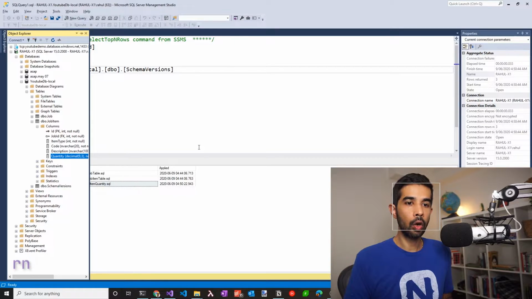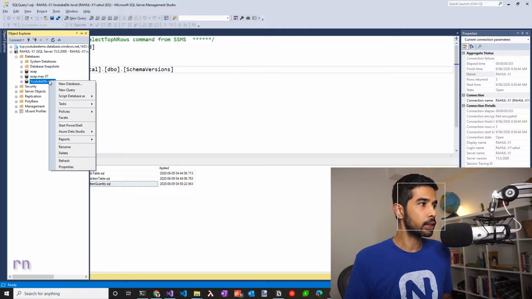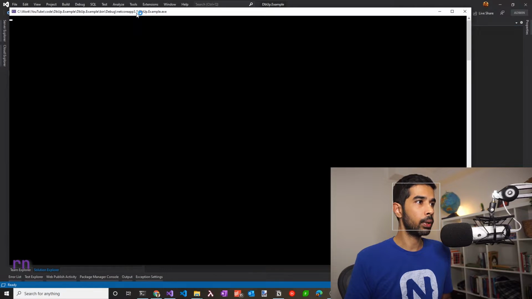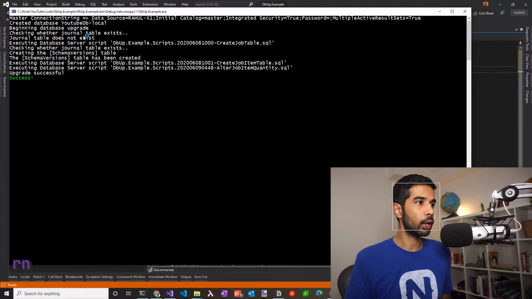You have full control of your database using the SQL scripts, and you just incrementally deploy them as required into your database. If I was to delete this database so that it doesn't exist, so let's say you have a new team member who has joined your team after all these changes have happened. So let's go and delete it. Let's go back to the dbup. So the dbup would be in this state now when a new member joins or you run this again. So let's run the console application. And this time it's going to run all the three scripts at the first go itself.